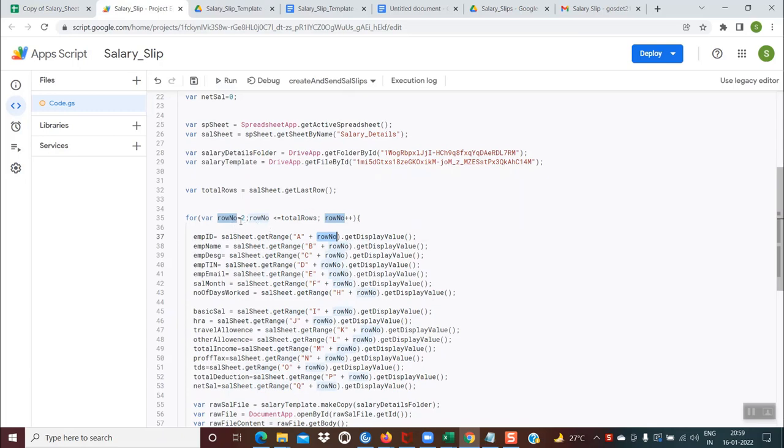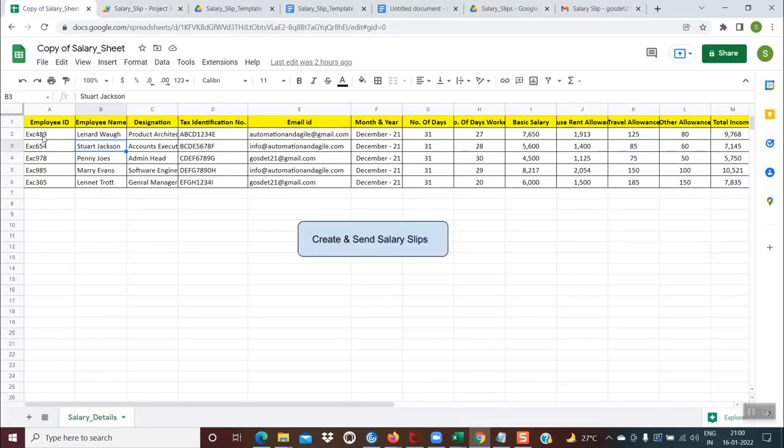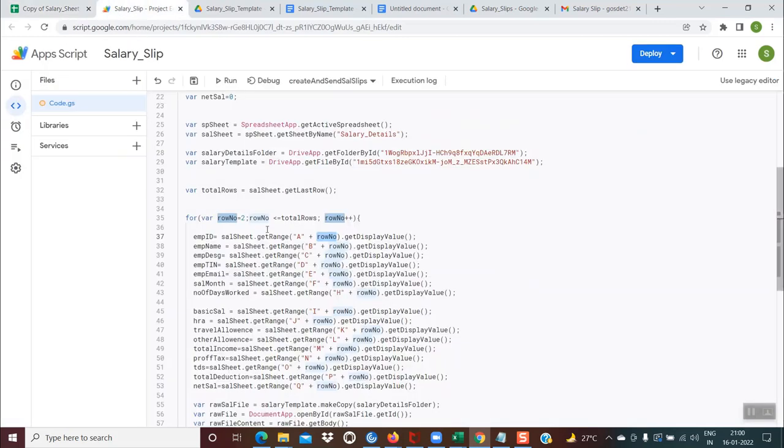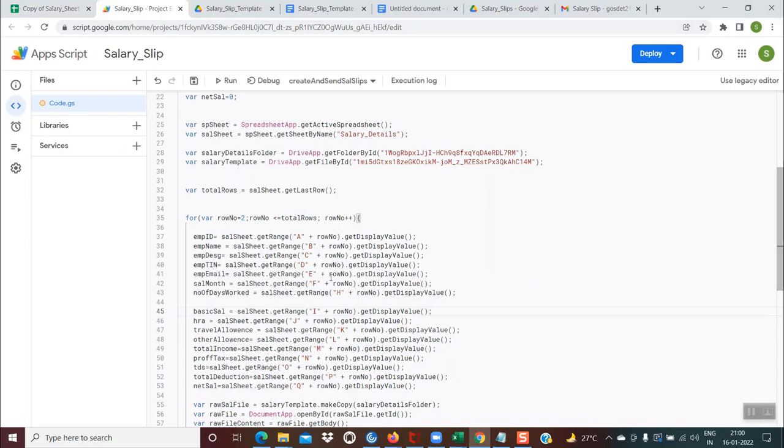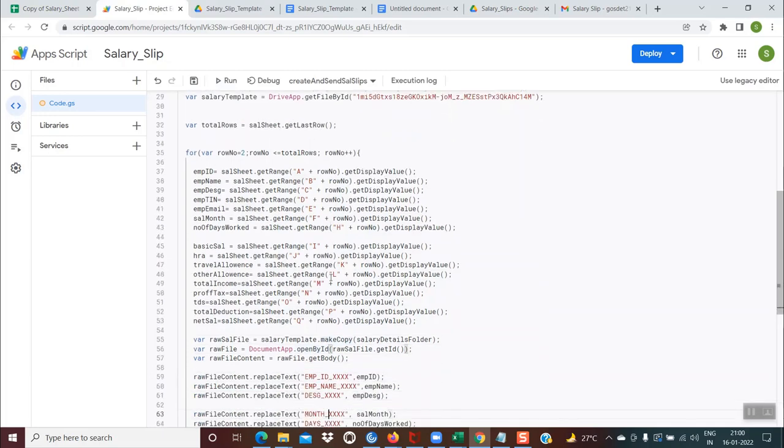At the first iteration, its value is 2. So it is picking up the value which is present in A2, which is EXE489. So that is getting stored in employee ID, and each of these variables are getting populated in a similar manner. As the for loop will proceed, it will pick up values from each of the rows 2, 3, 4, 5, and 6. Okay, so once the values are populated in all these variables, now comes the very important part where